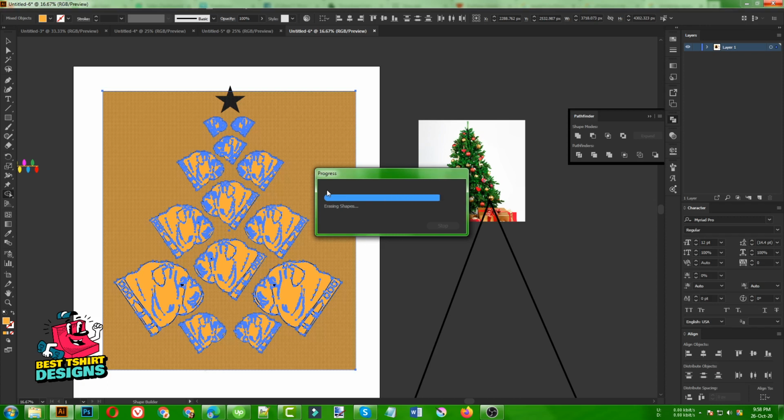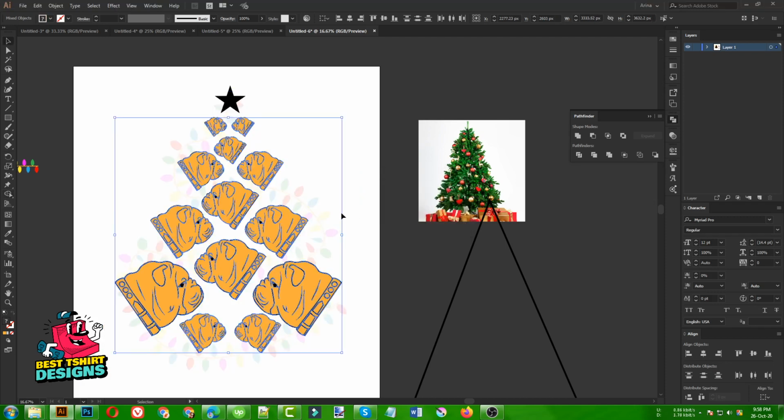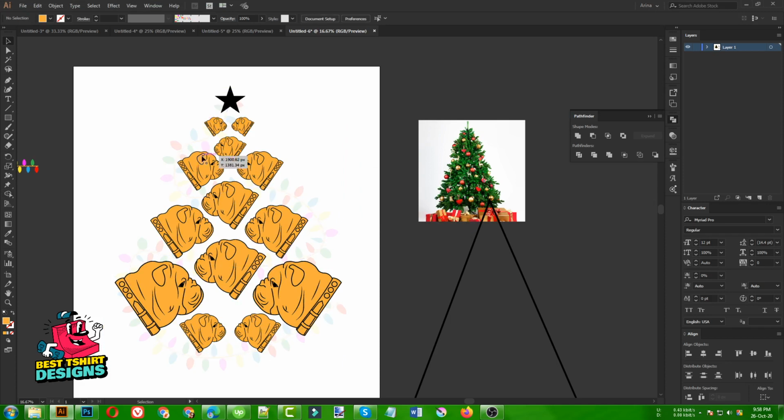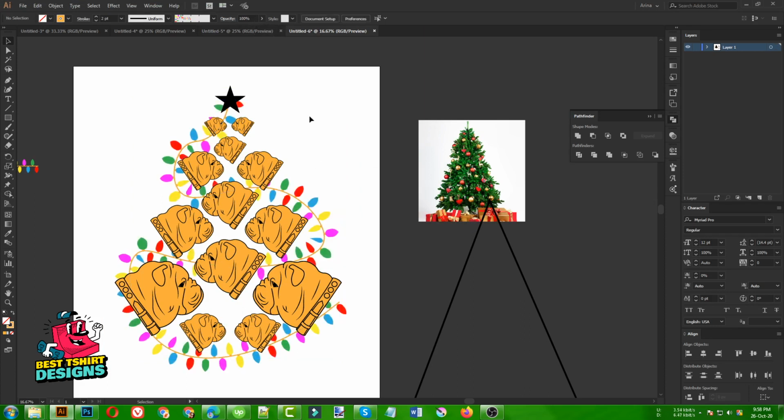It will make our design a fill color instantly. Okay guys, so this is the final dog face position. You can see now how easily I fill them with colors. So I am going to make them a single color. Then I am selecting my lightning group, and you can see it is now looking good because it is behind my dog face.